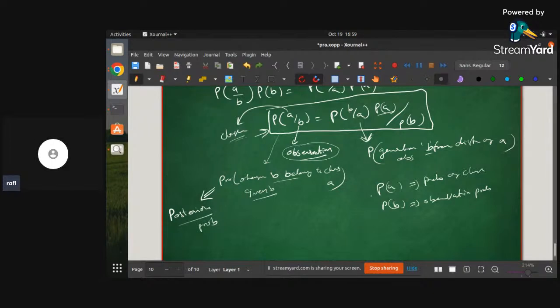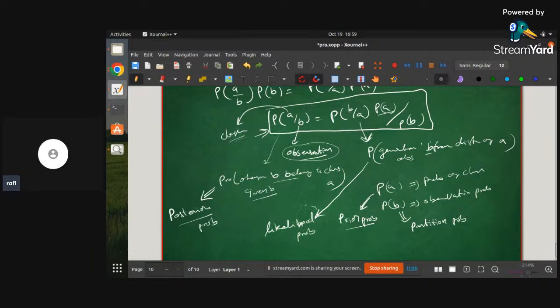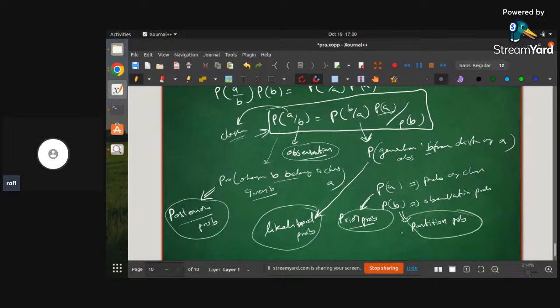And this probability of A, the probability of class, is called prior probability, and the probability of B is called partition probability or total probability. And this probability of generating data from a distribution is what we call likelihood probability. So these terms are very, very important. That means you need to understand this. Okay, with this example,